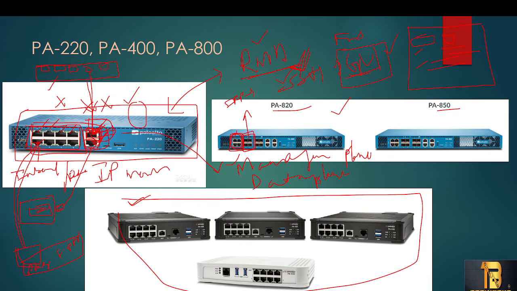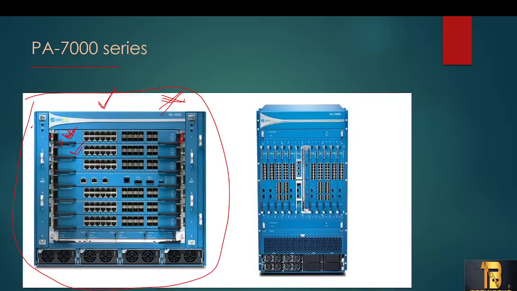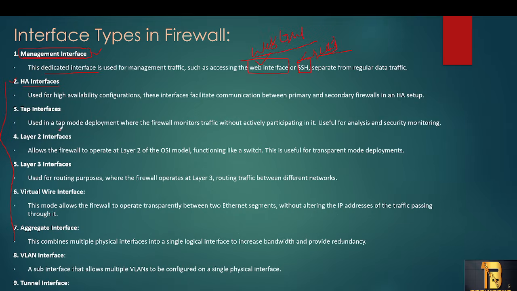The data plane is what controls and manages our real traffic. The rest is management traffic, right? Management traffic means you are accessing something on the firewall, like configuring something on the firewall, doing some SNMP, or monitoring the firewall using monitoring tools. All of that is called management traffic, and it will be handled by the management interface. So now we are talking about data plane interfaces. These are all about the data plane interfaces.